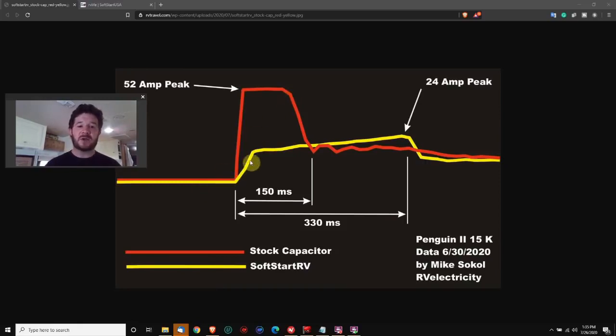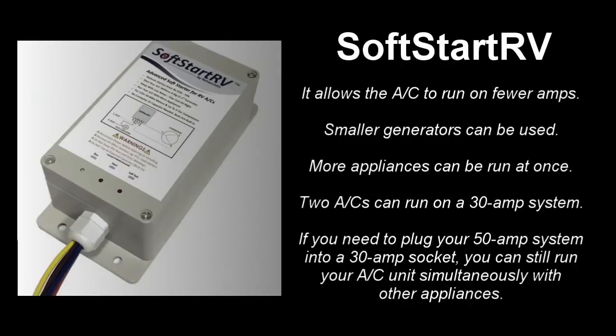Now, that yellow curve that you see here, this is the SoftStartRV. And you'll notice that it slowly kind of ramps up a little bit, and then it levels off, and the highest it gets is 24 amps, so approximately half-ish, a little more. I'm going to let this run for a few days and test it out, and I'll let you know what my thoughts are. Okay, so I have had my SoftStartRV running for a few days,